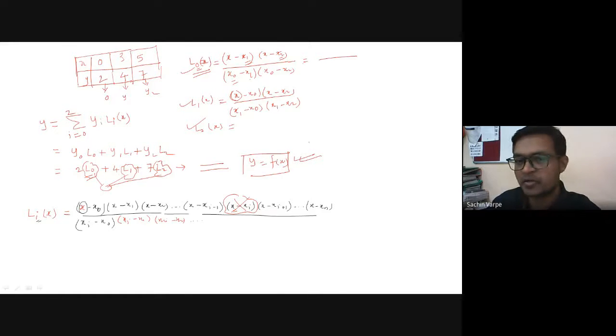Now, with that Lagrange interpolating polynomial, if we have been asked the value of dy by dx, just differentiate this and then substitute the particular given point x into that differentiation. You will get the required answer. Similarly, just integrate it with respect to x with the given points. You will get the required integration. That's it. Itna hi hai isme.